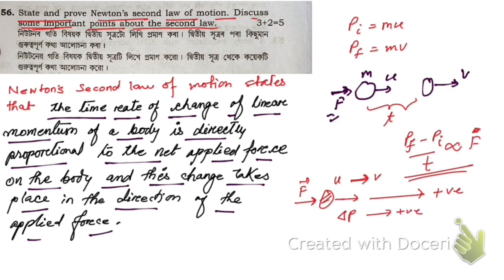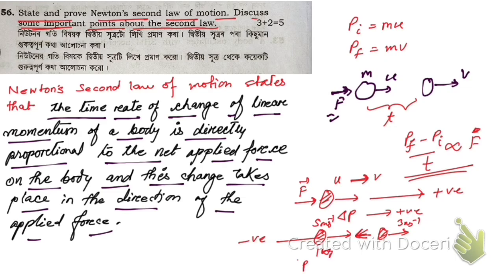Now you see, suppose this object is moving in this direction, and if you have applied force in its opposite direction, so in negative direction, now here you're going to have change in momentum negative. Suppose it is moving with 5 meters per second, and if you apply the force in the opposite direction, then its velocity will be reduced, right? Suppose it becomes 3 meters per second, then here, if this is 1 kg,